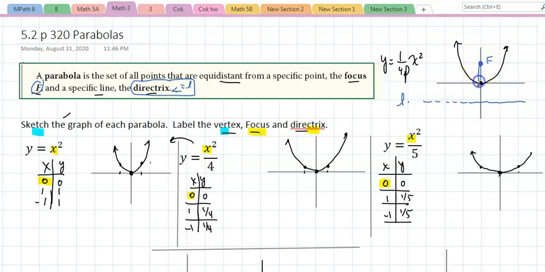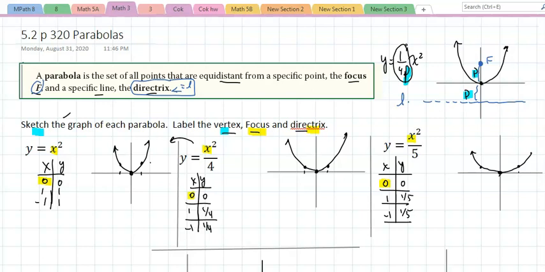This distance and that distance are the same. And what is that distance? That distance is p. There's only one way of figuring out what that is. You take the leading coefficient and you set it equal to 1 over 4p,